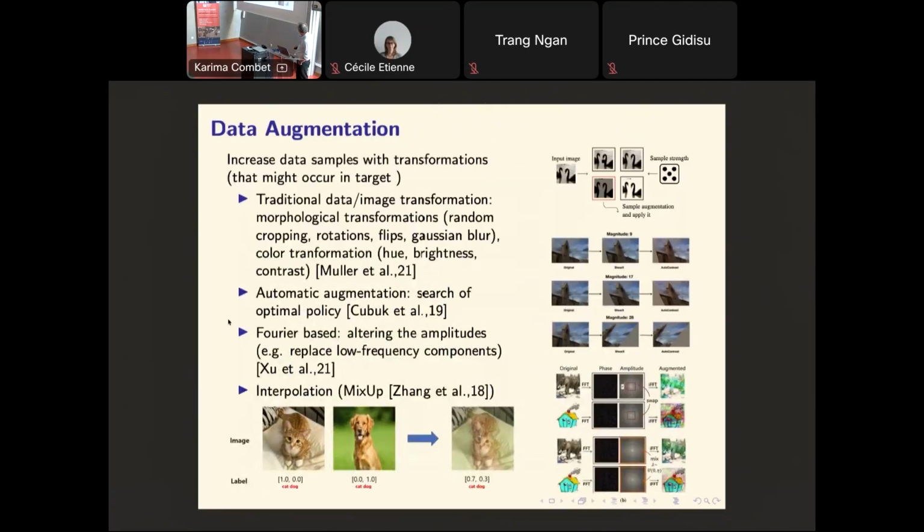Okay. One word about data augmentation. I will not spend too much time, but there is a lot of work that tries to define good augmentations for your task. Could be basic ones like flipping the image, doing some rotations, adding some noise, but also more refined methods that are adapted to the target task. And of course, if the transformations could also happen in the target task, it could be better because you prepare your model for the target task.